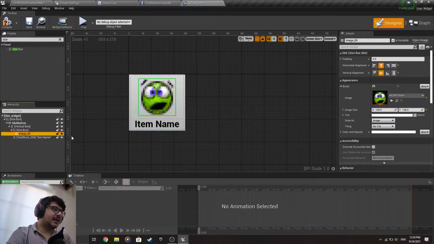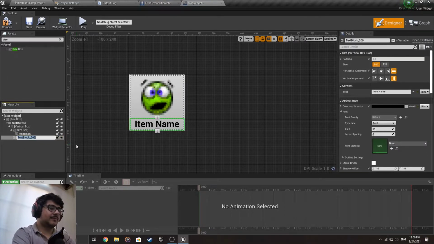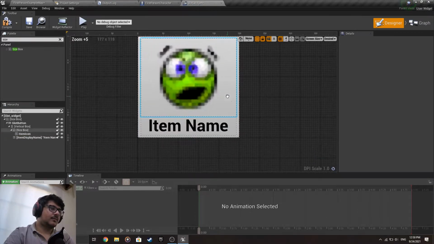Also, let's rename the image 89 into item icon, and the text block to be item name. No, you know what? Item display name, because you're displaying the name here. Now when you compile and save, you go to graph,